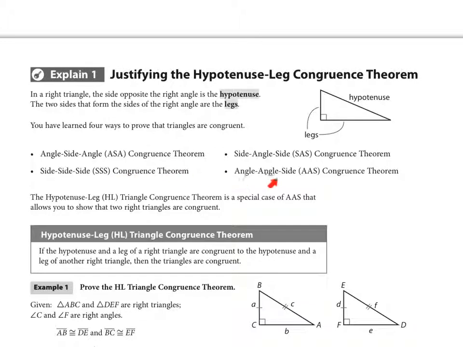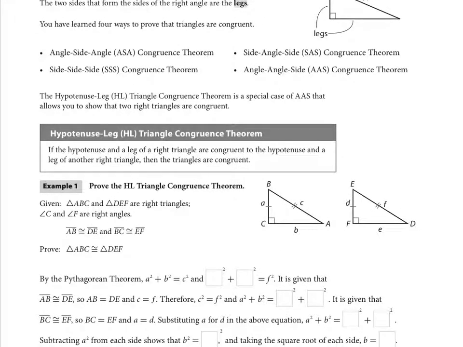Again, this right below here is a reminder of all the other 4 congruence theorems for triangles. And finally, the triangle congruence theorem, HL. You can see that we end up with the same conclusion as the other 4 theorems. We end up with the triangles being congruent. And remember that